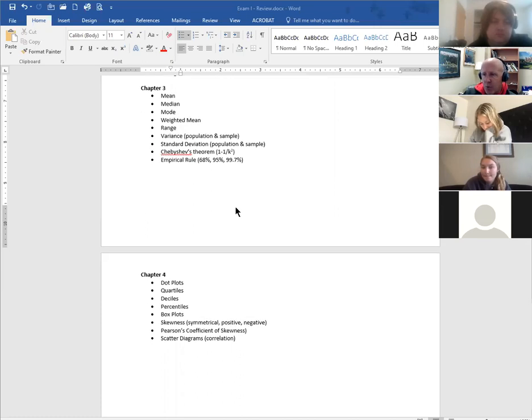And then finally, chapter 4. Being able to look at and understand a little bit more integrated graphical visualizations of data, right? So a dot plot, a box plot. A box plot's got the average or the mean. It's got the first and third quartiles. It's got those outliers on it, right? So being able to look at one of those and see what's going on,